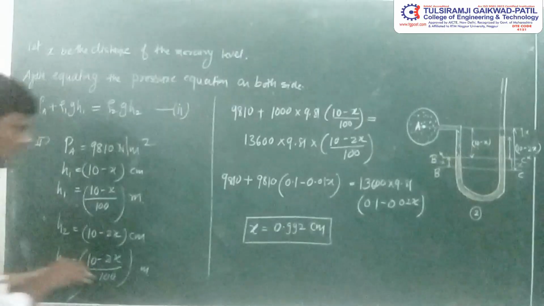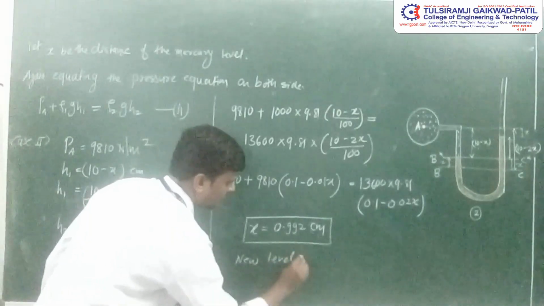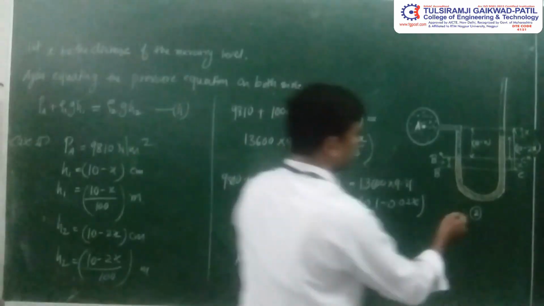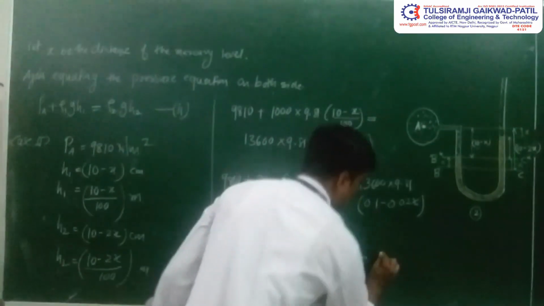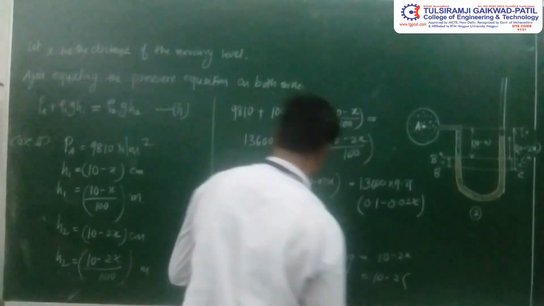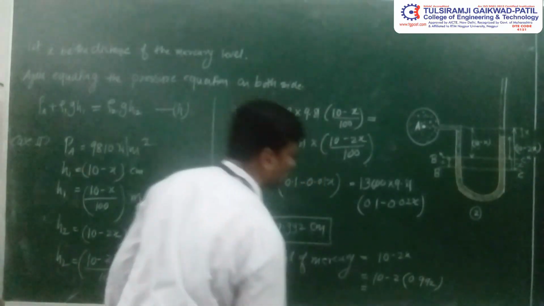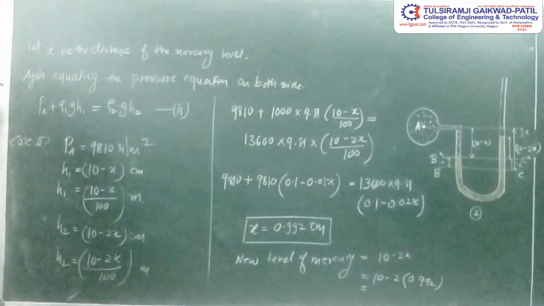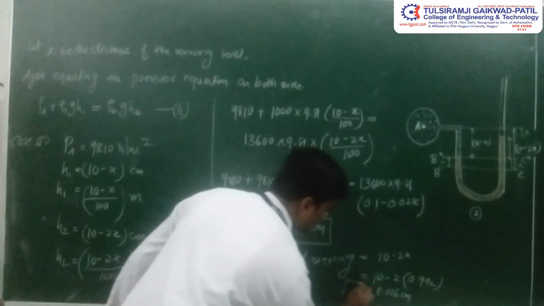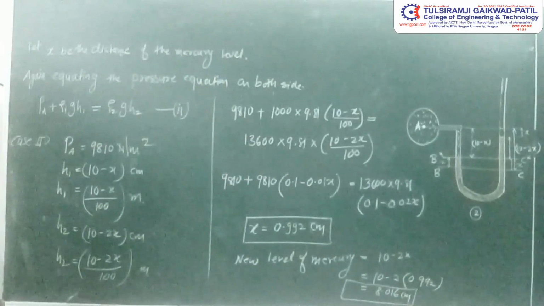Therefore, the new level of the mercury will be what? This is the level of the mercury. The level of the mercury is 10 minus 2x. So this is again in centimeter, minus 2 into 0.992. Then what do we get? 8.016 centimeter. This is the new level of the mercury above the datum. So in this way we can find out